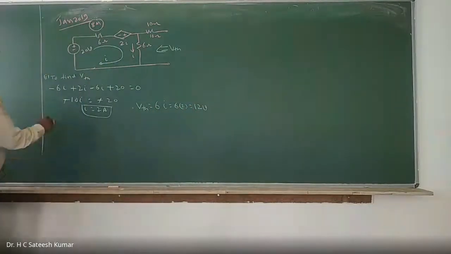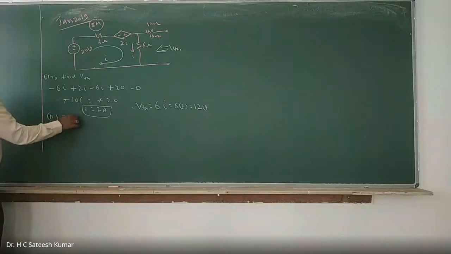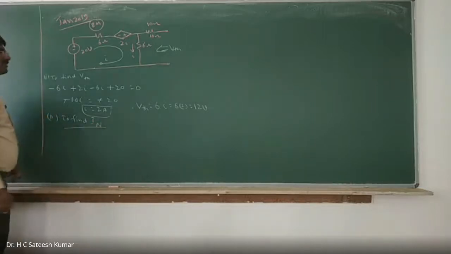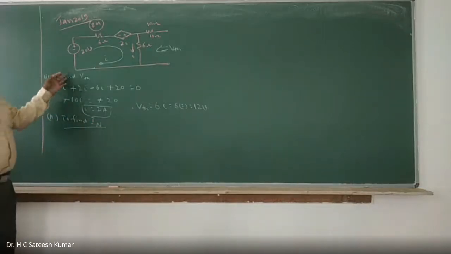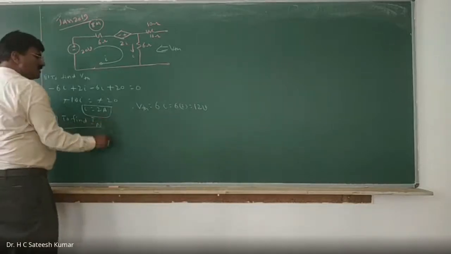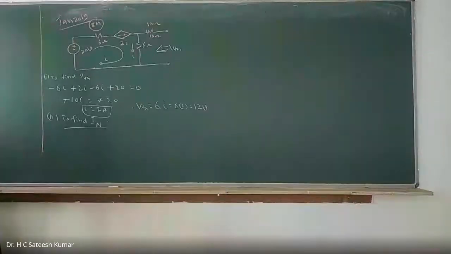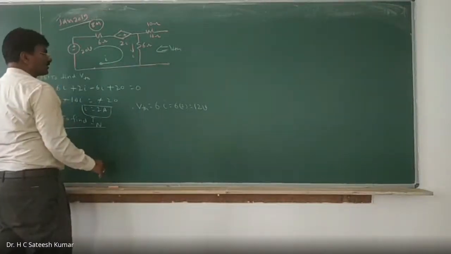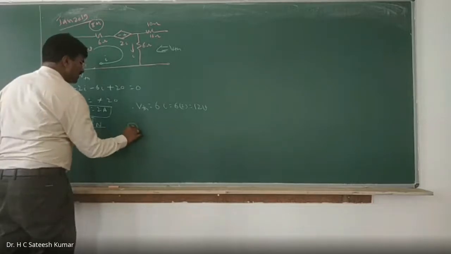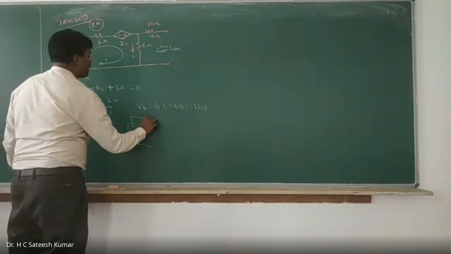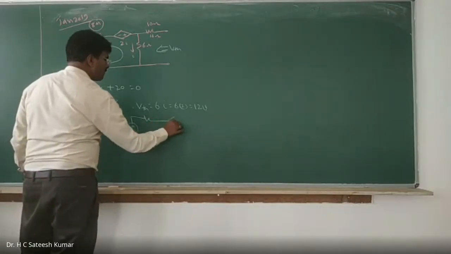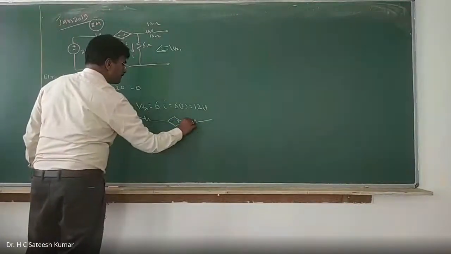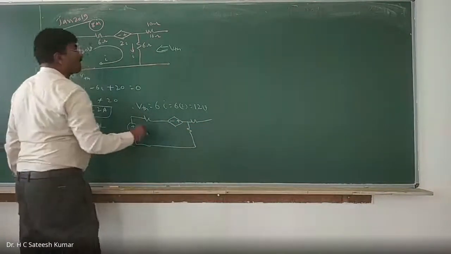Okay, next step, second step, to find I Norton. See, when you are having the dependent source, blindly you find out VTH and I Norton, whether it's a Thevenin's equivalent or Norton's equivalent. So I Norton is equal to what? How will you find out? IN is the short circuit current. Same thing, you rewrite the diagram. Minus plus one resistor and